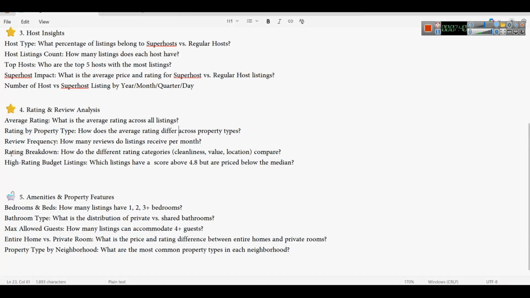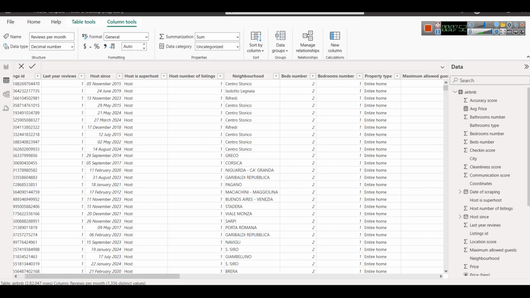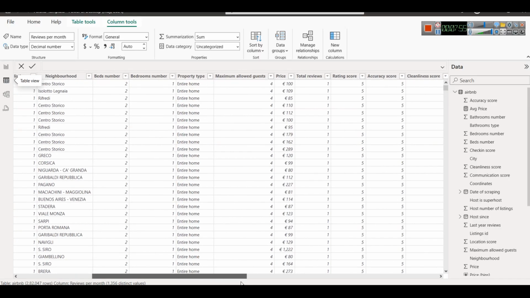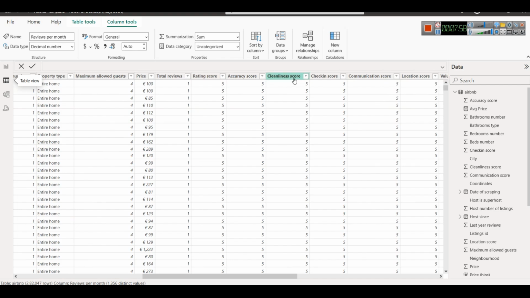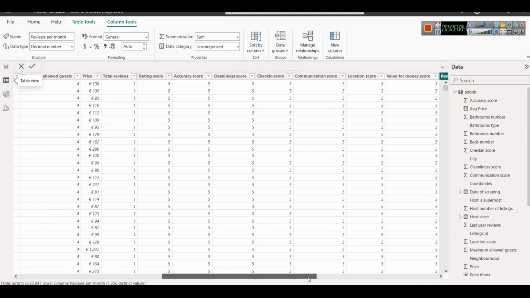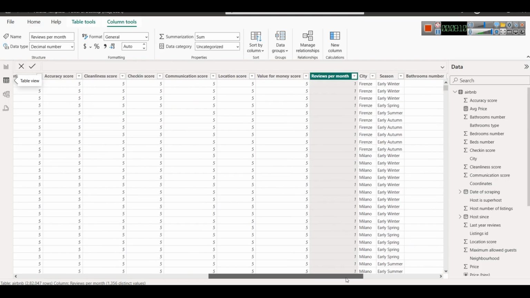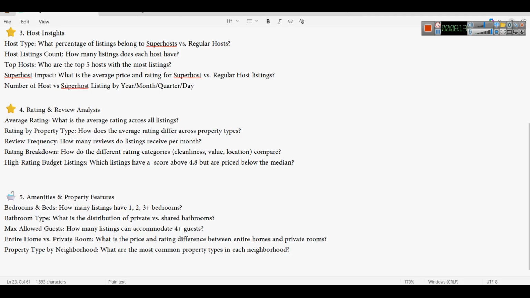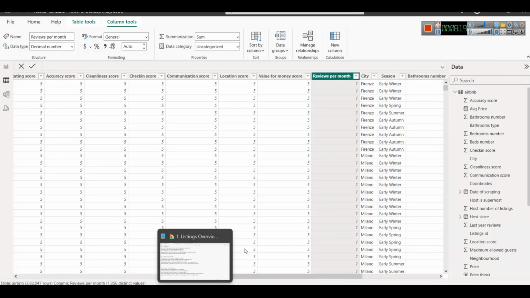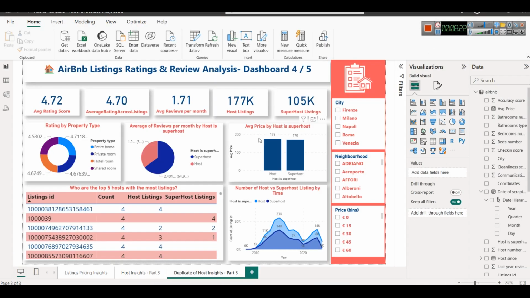Let's move ahead. Next question, rating breakdown. How do the different rating categories like cleanliness, value, location compare? So here you will see an important thing, that when a review is given, you can see cleanliness is score, accuracy is score, communication is score, location is score, value for money is score, everything is given. So now they're asking how do the different rating categories compare? So either we can create a